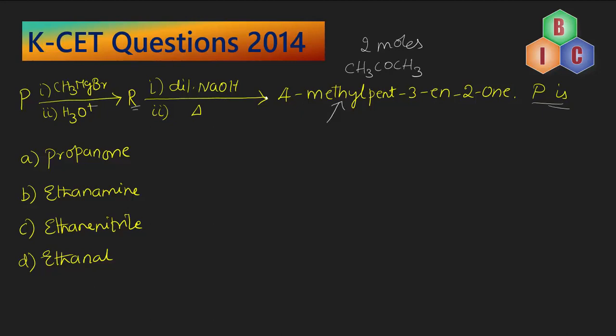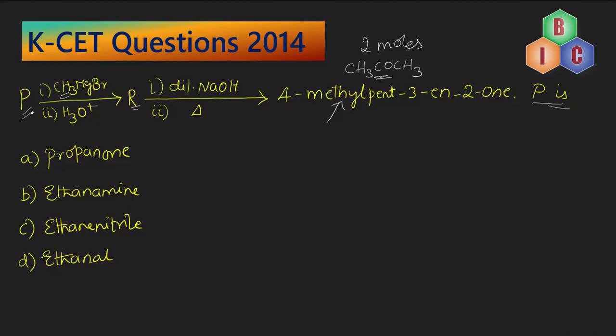It's not just stopped at aldol formation. In this case, of course, it's a ketone. And on further heating, it has eliminated a molecule of water and it has resulted in this. So that means this R is definitely acetone or propanone. So if we have to obtain propanone by treating it with Grignard reagent followed by acid hydrolysis, the definite case is that there is an ascent of series when Grignard reagent is treated with that. So definitely our starting material should contain 2 carbon atoms in it.